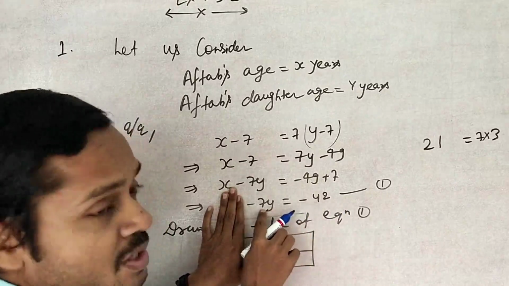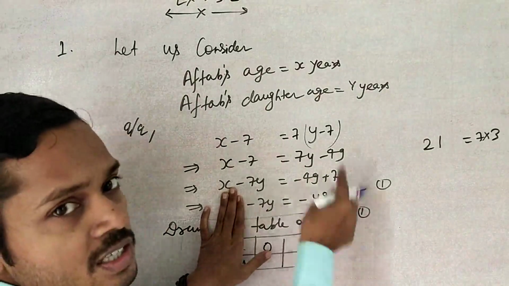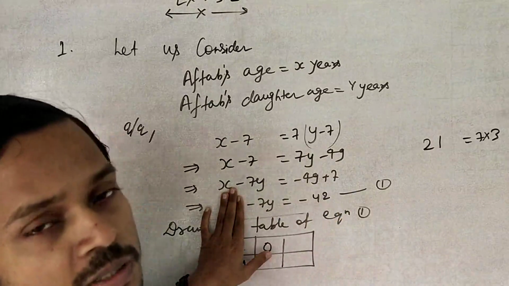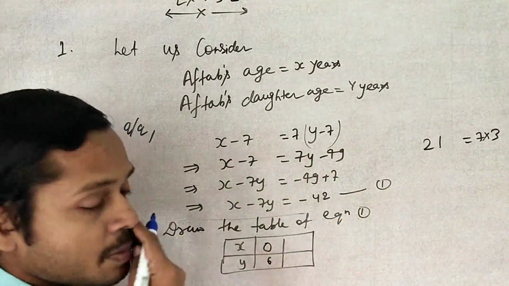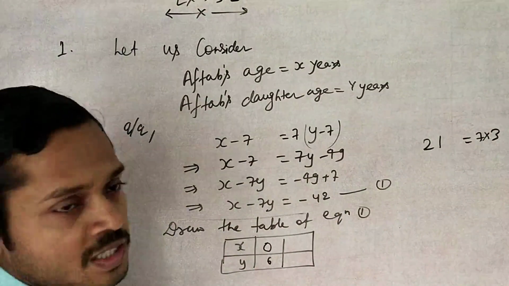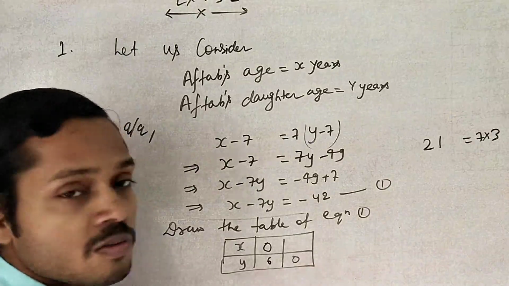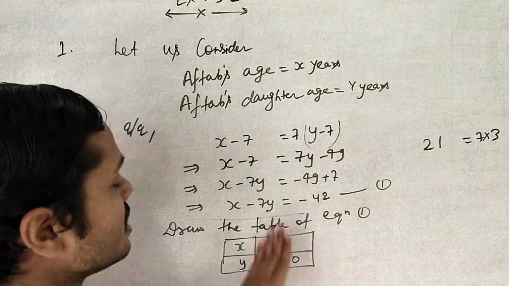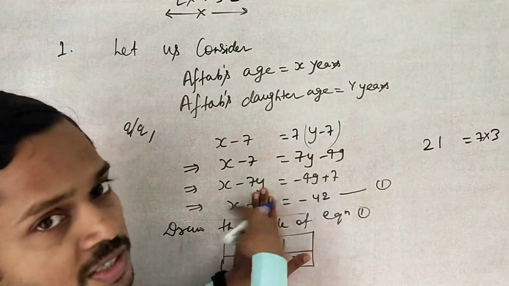Minus 7 divides minus 42, because there is multiplication there, it goes across and divides. So look at minus 7 dividing minus 42. How much does it become? Minus minus cancel. 42 divided by 7 is equal to 6. Now we will have to keep y as 0 one time, x as 0 one time. So when we keep y equal to 0, everything is 0.